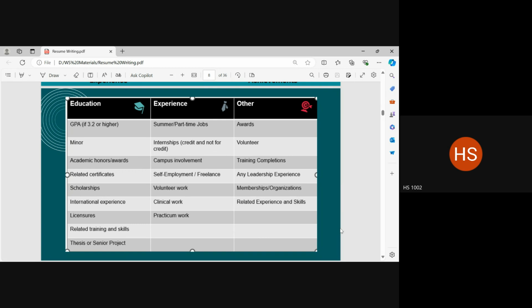Then you list out the leadership job, you list out the tasks that you had to handle as a part of the job, and you also make sure to mention whom it was that you worked with. Okay? You will have a team, obviously. A leader leads a team. Who was there in that particular team? That can also be mentioned. Okay? Any memberships of or organizations that you are a part of. Licensures are also similar in that sense, for instance.